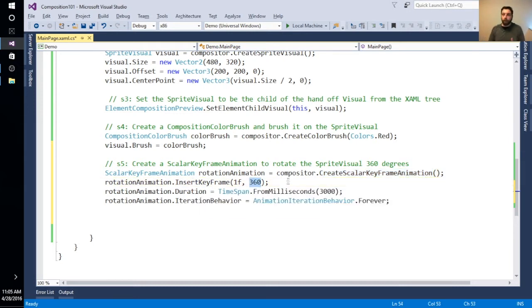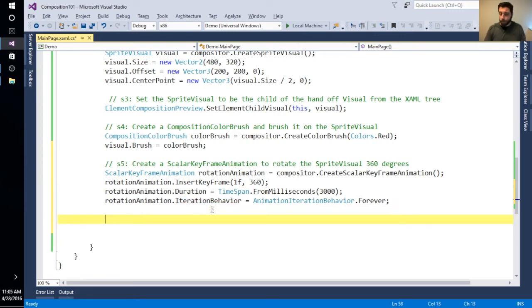The thing that we want to do is take that red visual that we have on the screen and rotate it 360 degrees. So we're going to be targeting a scalar property of a visual that will allow us to rotate the visual. We give it a duration, so we're going to do it for 3-ish seconds, and then we give it an iteration behavior so that it will keep kicking off, so that it doesn't only do it once.